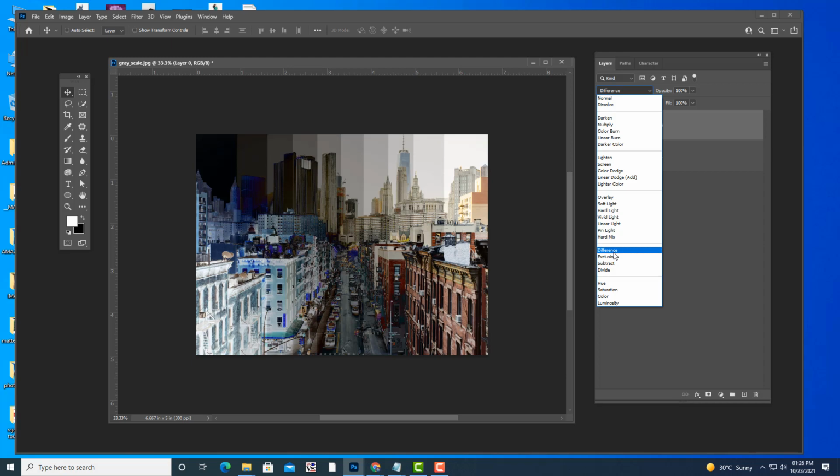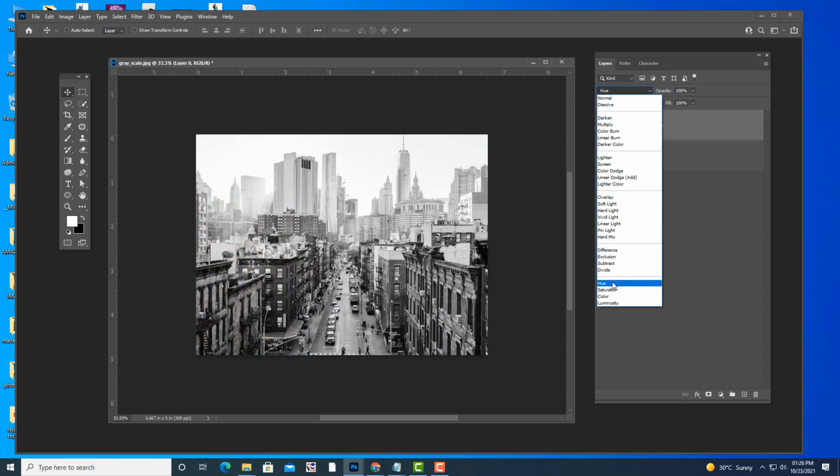This section is the invert section. What this section will do is convert black to white, white to black, dark colors to light colors and light colors to dark colors. Then the last and final is the component section. What this section will do is have effect only on colors. When I say colors, I am talking about all colors except black and white. So that is how these sections are divided for blending modes.